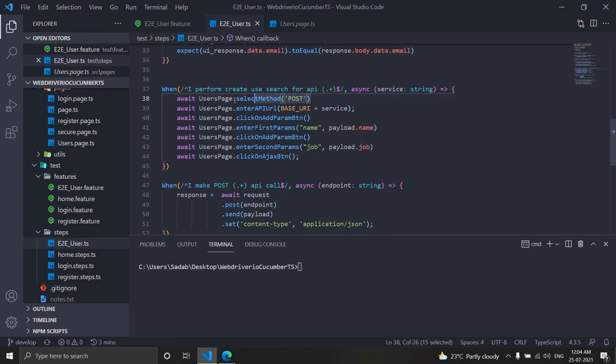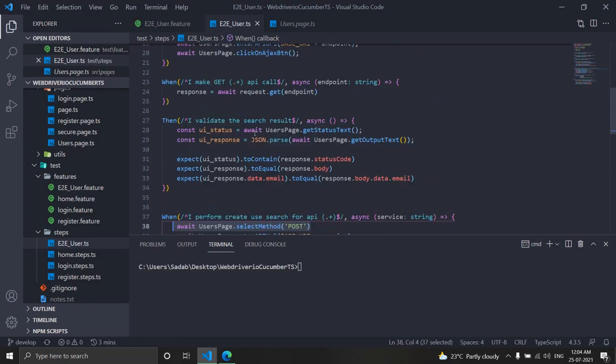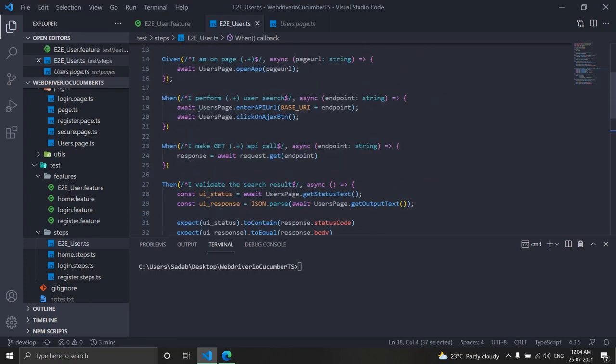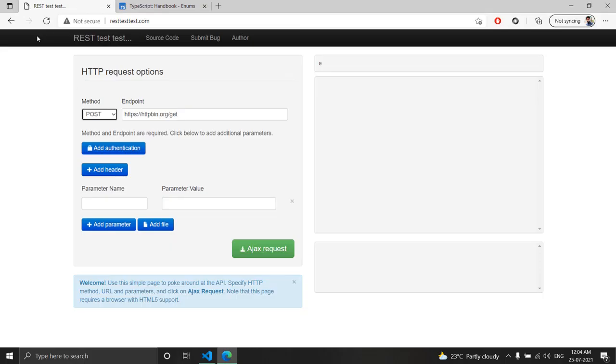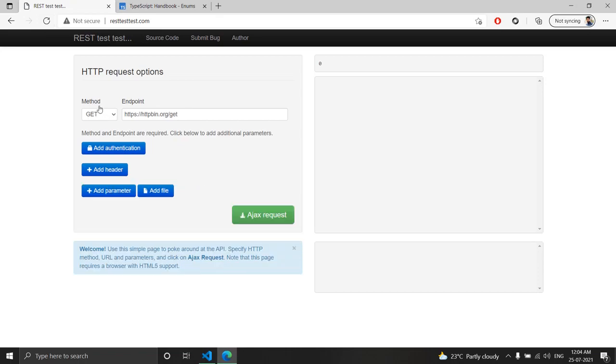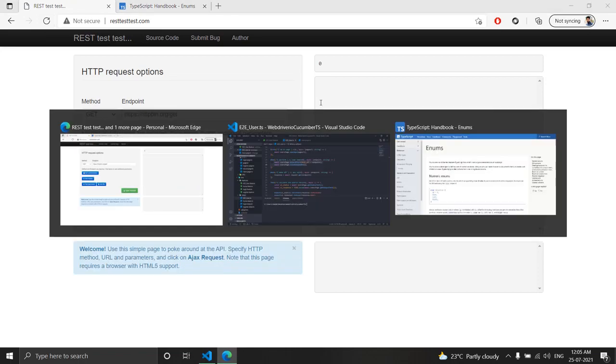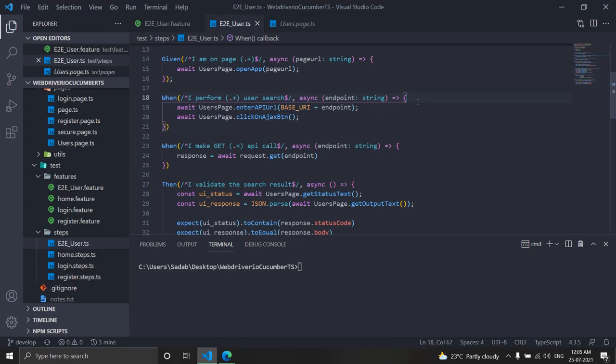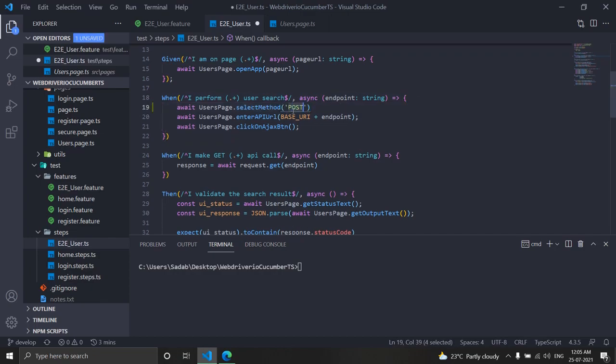Also here I'm just using post, and for one operation I did not mention any step to select this type, because once you load this page, the default will be the get option. So I have not written it here because by default it will be get only, but let's say that we are selecting get as well. Now if we pass anything here also, it will not give you any error.